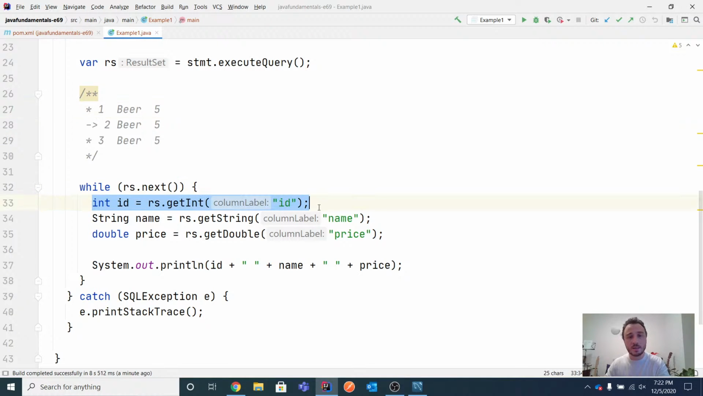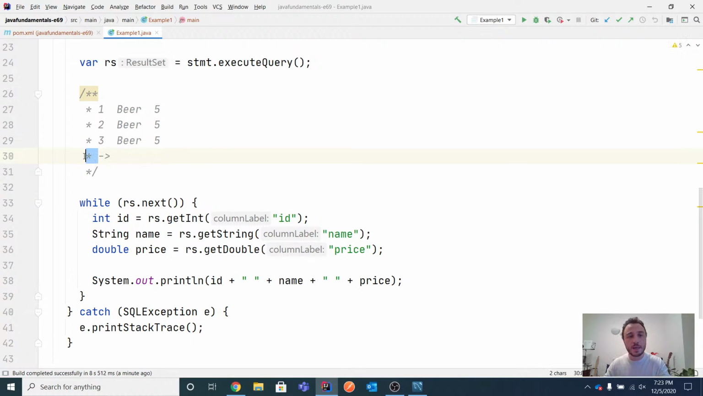So it takes again the ID, the name, the price, and then it prints everything out in the console. And then of course it calls next again, which moves the iterator to the third row of the result. It takes again the ID, the name beer, and the price 5. It prints them into the console. This is the third row, and then it ends the loop and goes back to the condition. The next call will now move my arrow after the last row and returns false, because when the iterator is moved